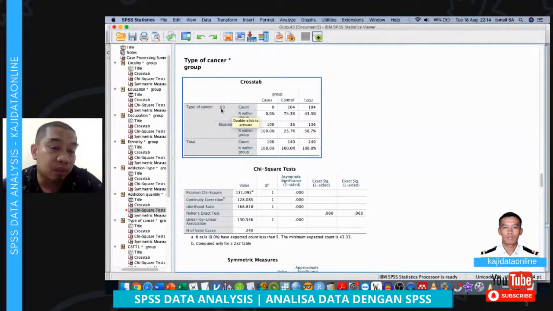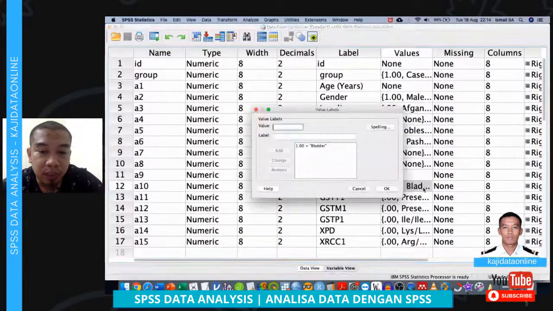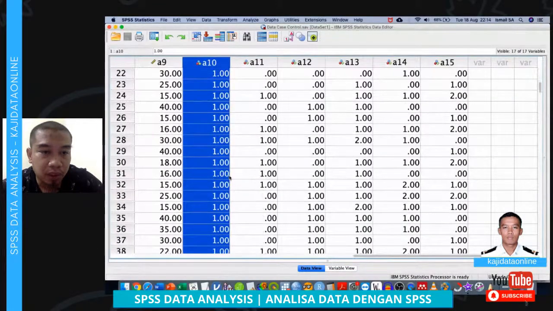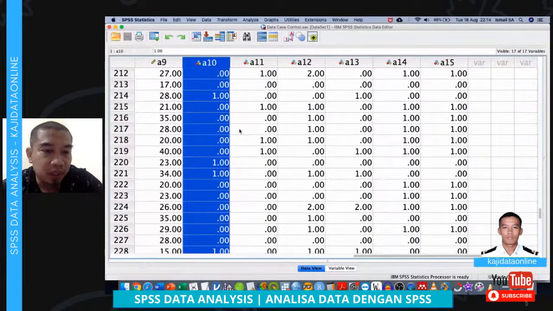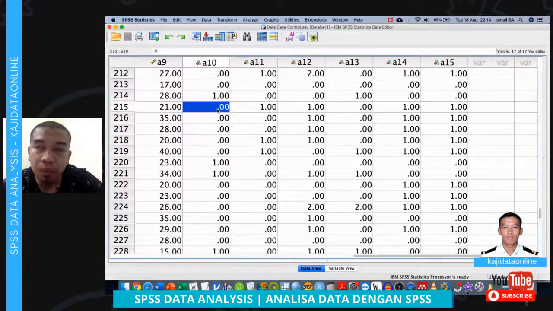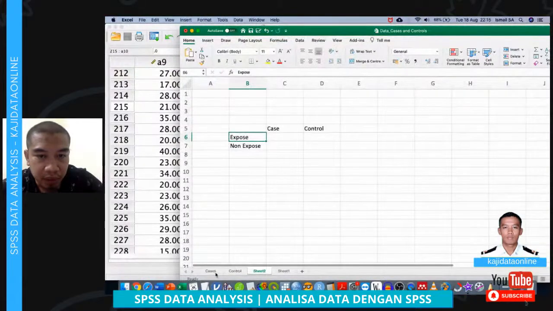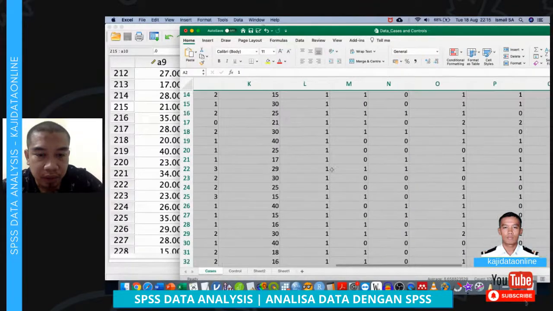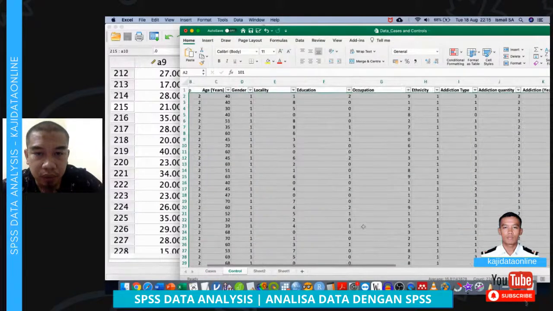However, if you can see here, we got an error in terms of the type of cancer. Okay, so I may want to look back into type of cancer. So we have here as a bladder cancer, and then I'm not sure why there is some sort of zero over here or missing values over here. So probably I have to look back at my data for the case and control. So if I go to the type of cancer over here, I can see that the number is always 1. What about the control over here? And then the control also